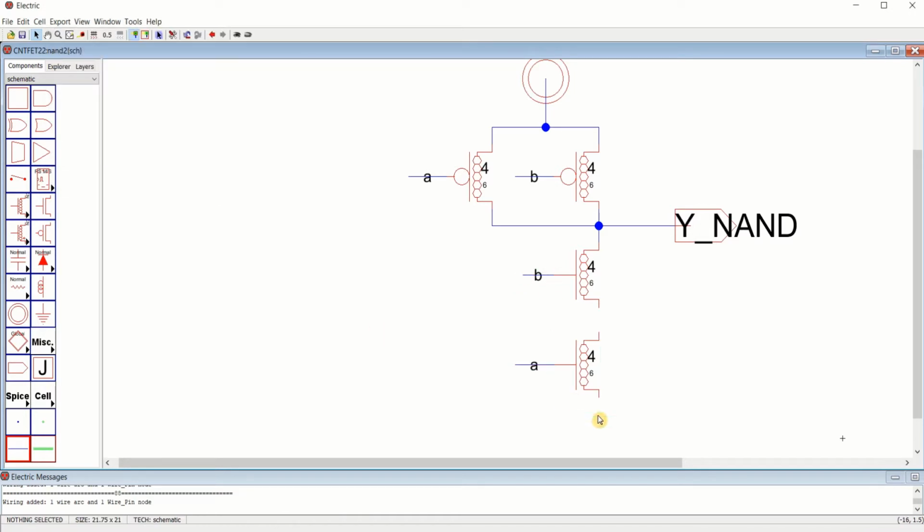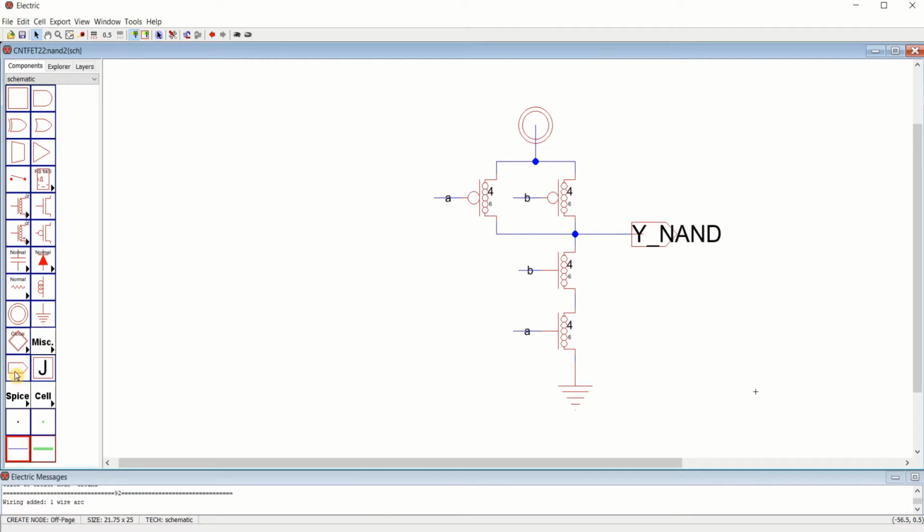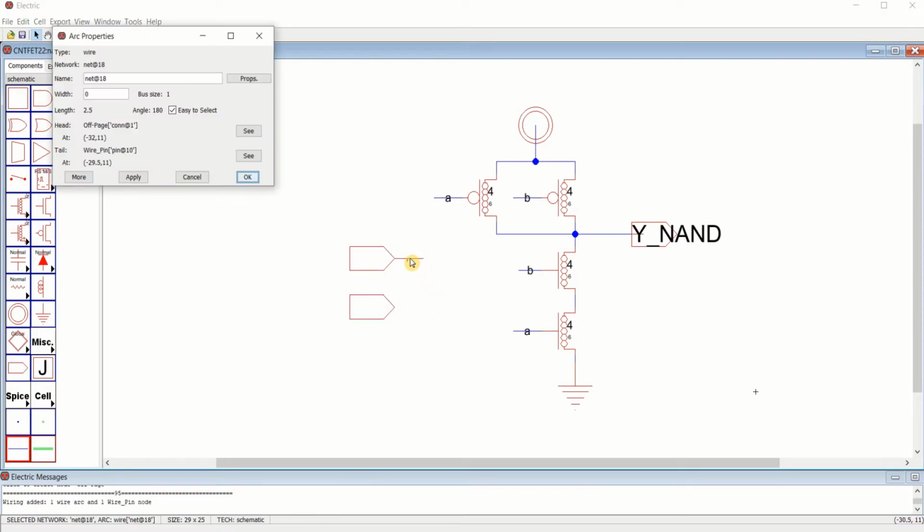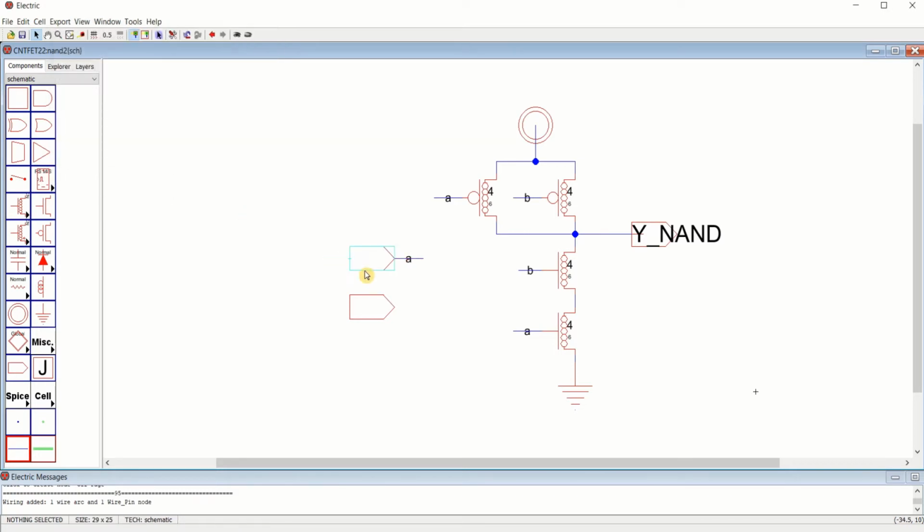So I have labeled this. Make these connections. Place the ground terminal. Place two off-page nodes for inputs. Select this. Double click on this wire and place A. If I select this node, it shows that these two transistors are connected.